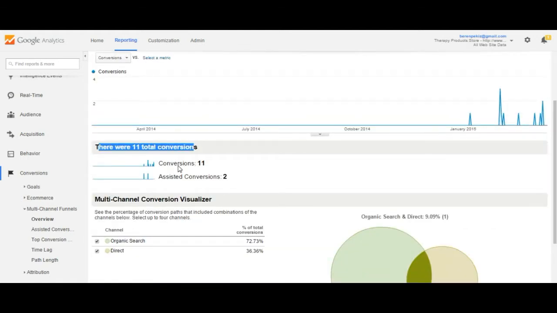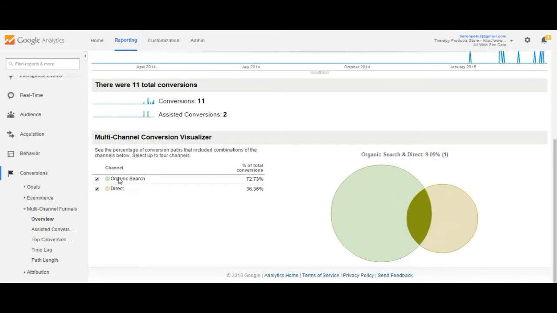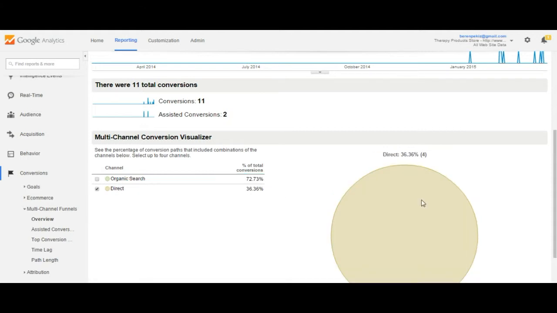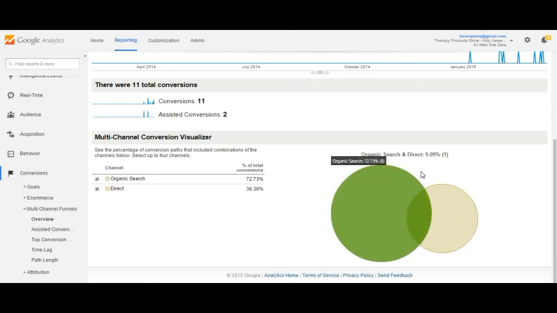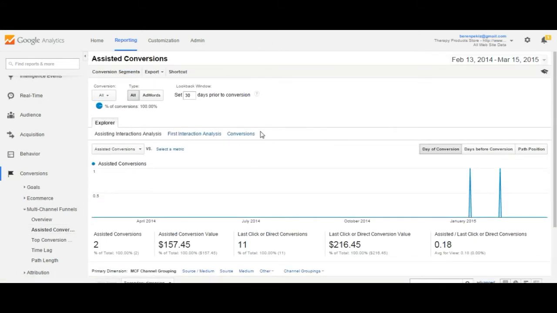In total there were 11 conversions, and there were 2 assisted conversions. If you check the graph over here, it shows you which day the purchase has been made, and 72% of the conversions came from organic search, and 36% was from direct traffic. So direct is 4 people and 8 people from the organic search. For that, we are going to have to go to the assisted conversions page,